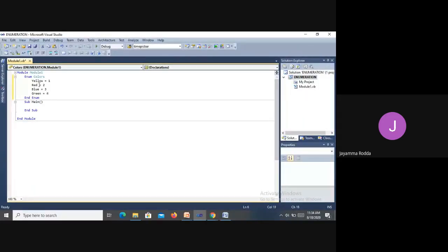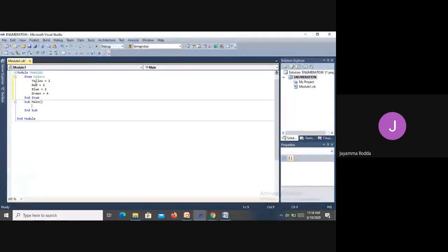So these are the colors I have created, 4 colors. And I have assigned 4 constants, 1, 2, 3, 4 to each of them. And I'm going to end the, okay, enum is already ended. I didn't see that. So enumeration is created here. So the user defined data type colors is created. The colors data type is containing 4 colors and they are assigned the numbers 1, 2, 3, 4. Yellow is 1, red is 2, blue is 3, green is 4.